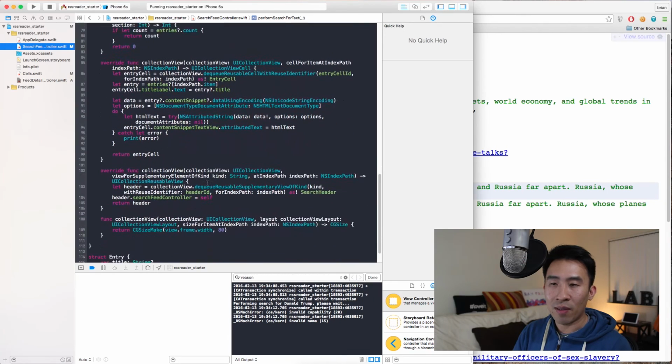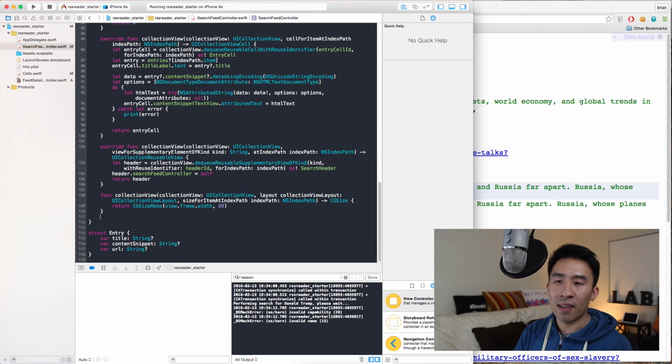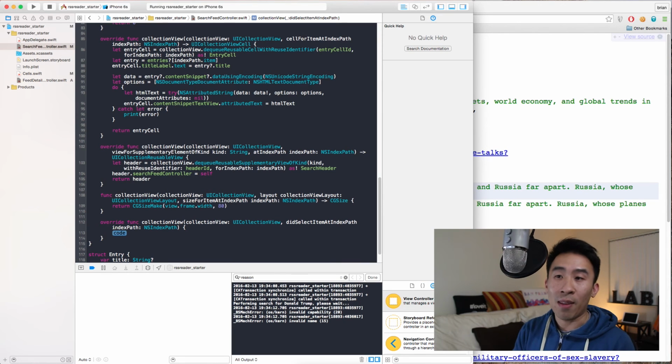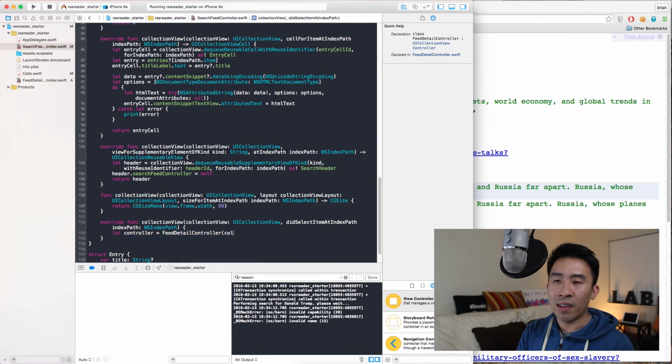The last thing we have to do is provide the didSelectItemAt indexPath method. So when we click on the collection view, we will instantiate a controller like that, and we use the collection view layout initializer